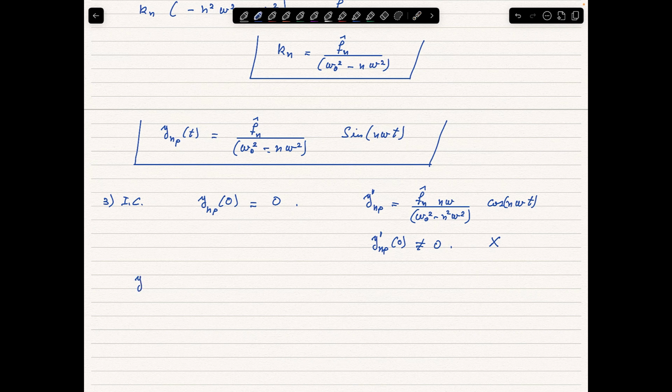So the solution we are looking for is going to be a combination of a cosine of the solution of the homogeneous equation, which is omega 0 t, plus C2n sine of the solution of the homogeneous equation, plus the particular solution, which is what we found,